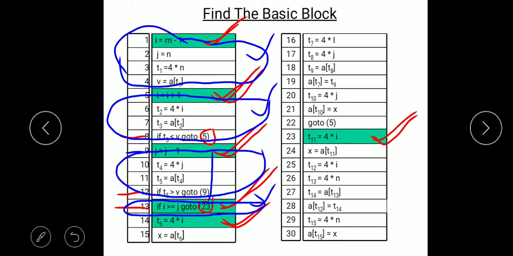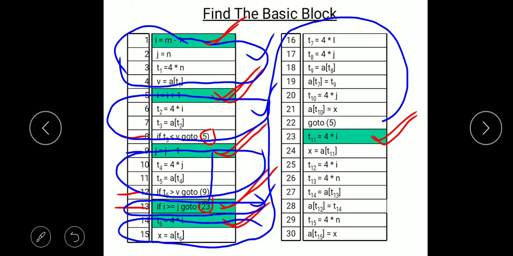The next basic block will start from statement number 14, and it will contain all the statements up to just before the next leader statement. So this basic block will contain statements from 15 to